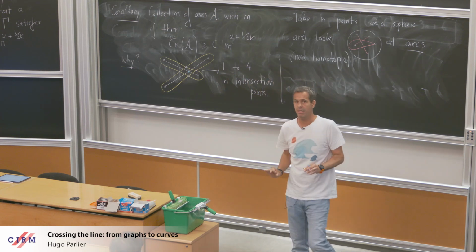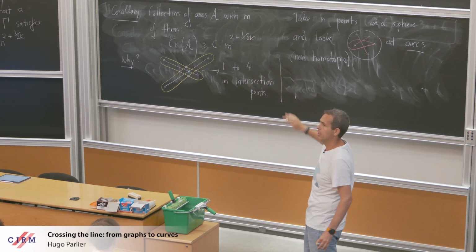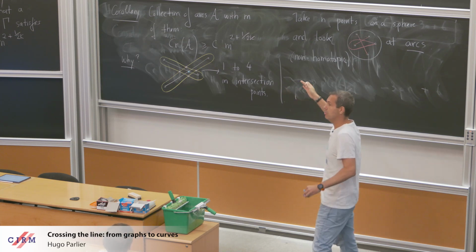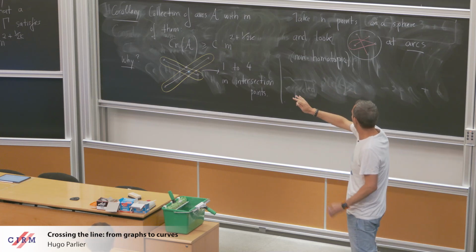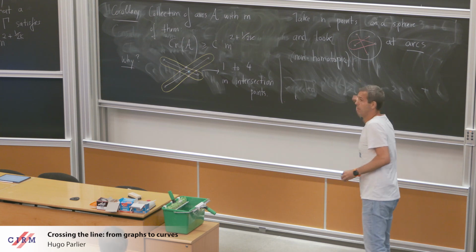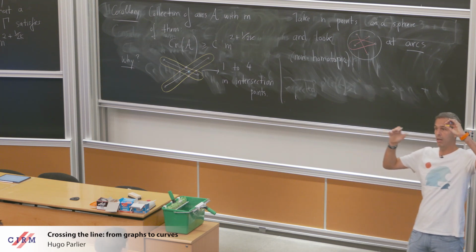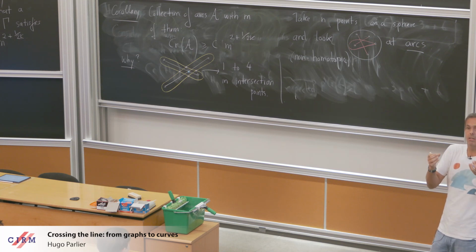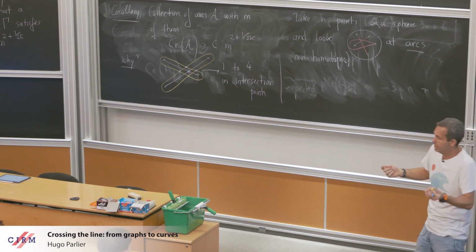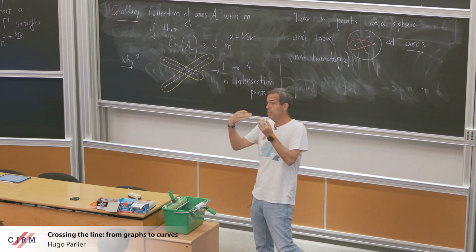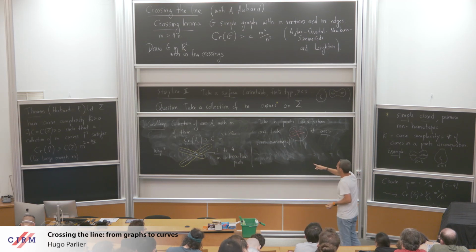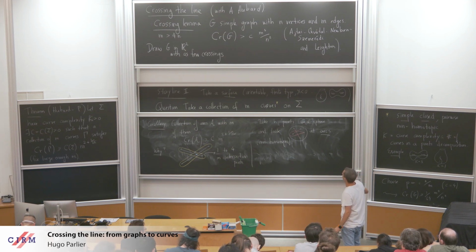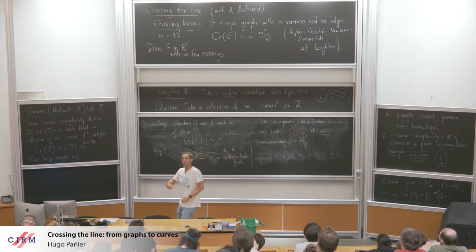But in fact, that's not so much the point of view that we really want to take, because you can also prove this result directly using the same methods that you use for the other one. And that's just to say why these things are related. The other thing is that from a topologist's point of view, when you look at simple arcs on a punctured surface, this is often the baby case. It's not necessarily any easier, but from simple arcs, you automatically think of simple curves. And that's one of the reasons these things are related. So this is how you get from one problem to the other, by just misinterpreting the crossing lemma.